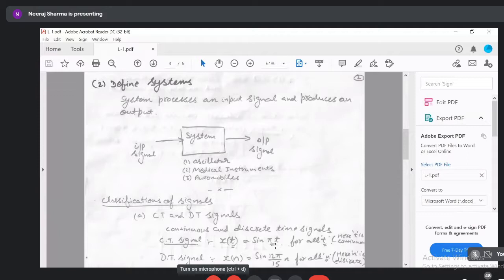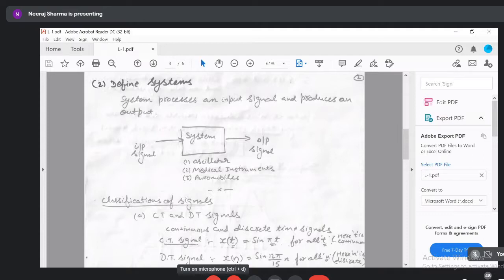This thing does not happen with the discrete signal. A discrete signal is defined as x as a function of n. Now, what is the difference between t and n? Both are representing time, right? But t is continuous in nature, whereas n is discrete in nature. So to represent discreteness in the time domain, we have a mathematical term which is known as integer values. So n can have only integer values, that is 0, 1, 2, 3, 4, 5, minus 1, minus 2, minus 3, minus 4, minus 20, plus infinity, right?